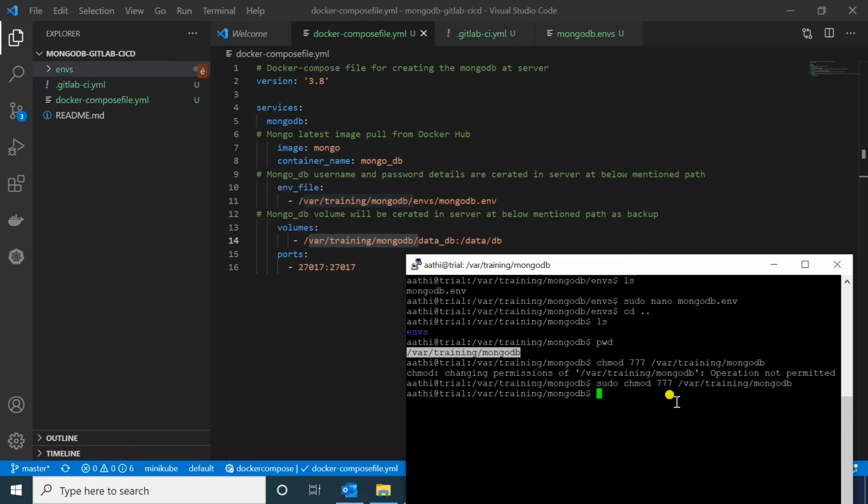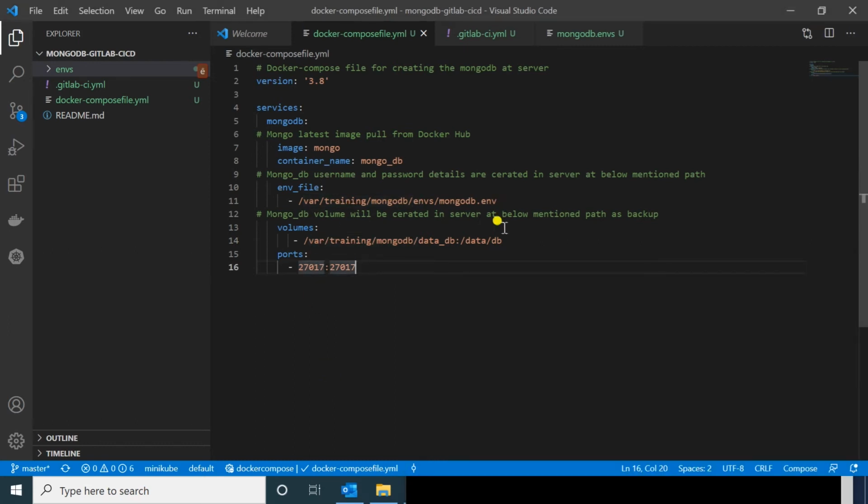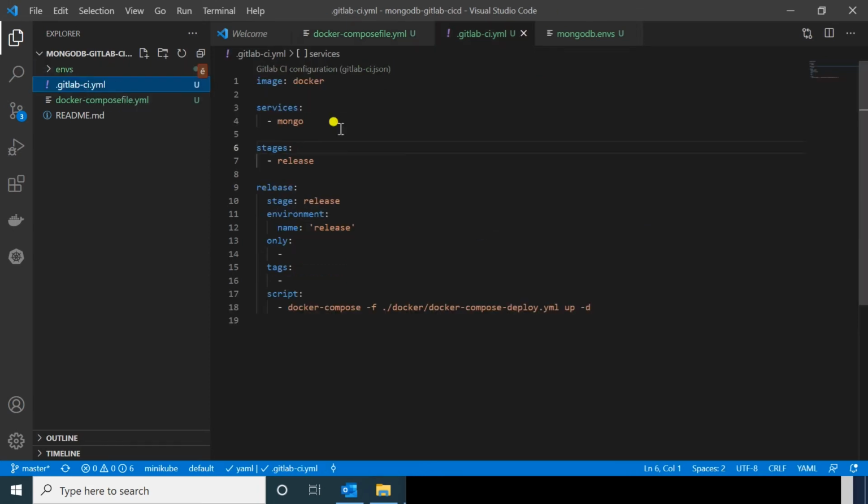Okay, so while the db is creating, it needs to have write access for this particular directory, so that datadb will be created. That is the backup of the MongoDB. Every collection which is created after the deployment will be stored over here. If the container crashes and you are recreating the MongoDB, the data which was created is retrieved back into the newly created db. Okay, I think now you will be very clear about why we are using the environment file and volumes over here. And that port is the default port of MongoDB. You are aware of it, right?